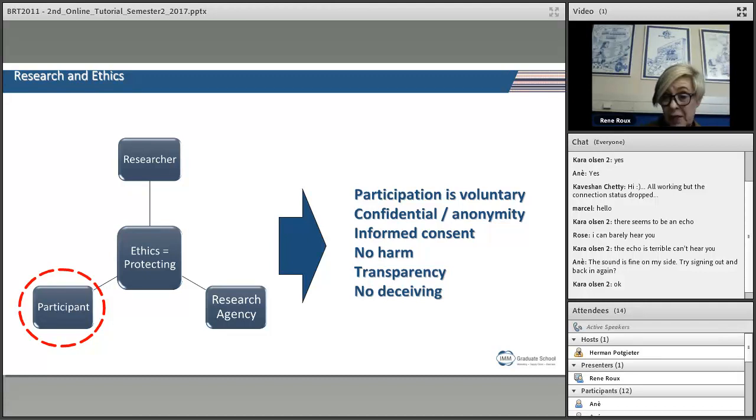It protects the researcher, the buyer or the user. It protects the research agency, and it also protects the participant in the research project. Now, it is important to understand that the protection of the participant